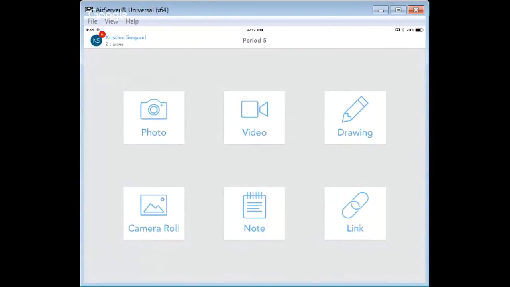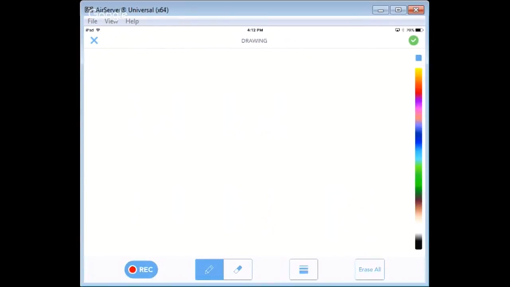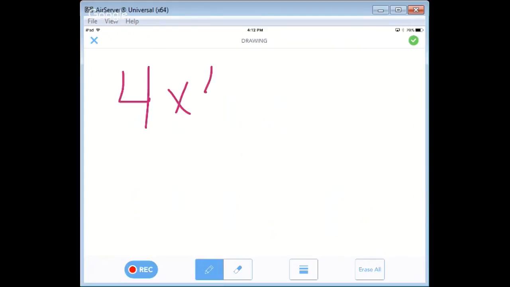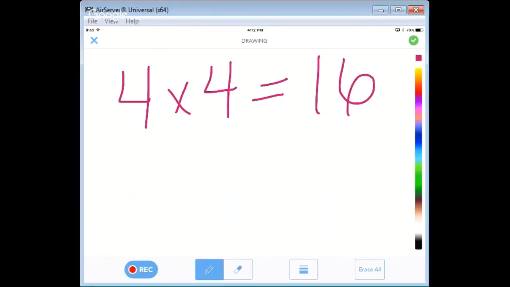Their other options are video recording, which I won't try and do right now. Drawing, I think this could be really cool if you're trying to do a quick check. Instead of passing out whiteboards, you can just have them do their work on here by just drawing. And that saves you paper, that saves you the time of having to clean an expo marker, and you know they go crazy with that spray and everything. So this seems like a simpler solution to some things.